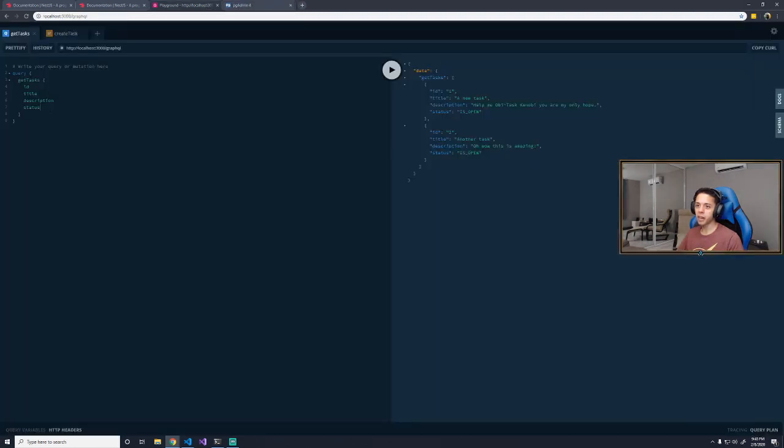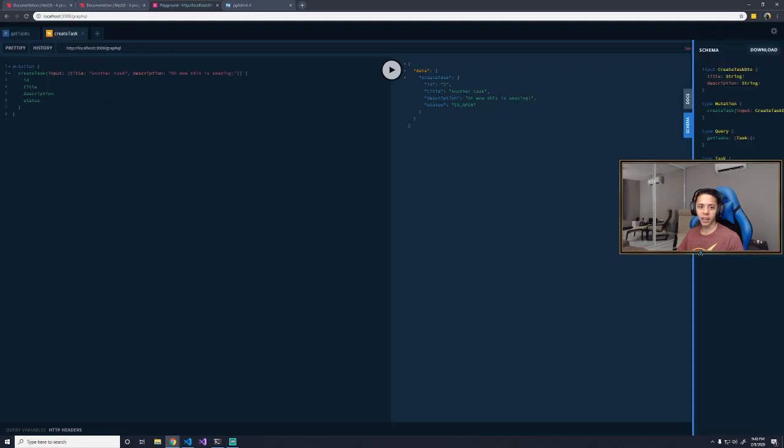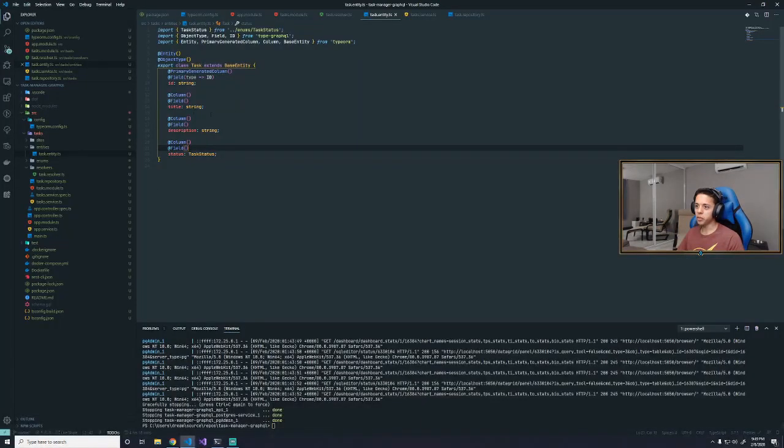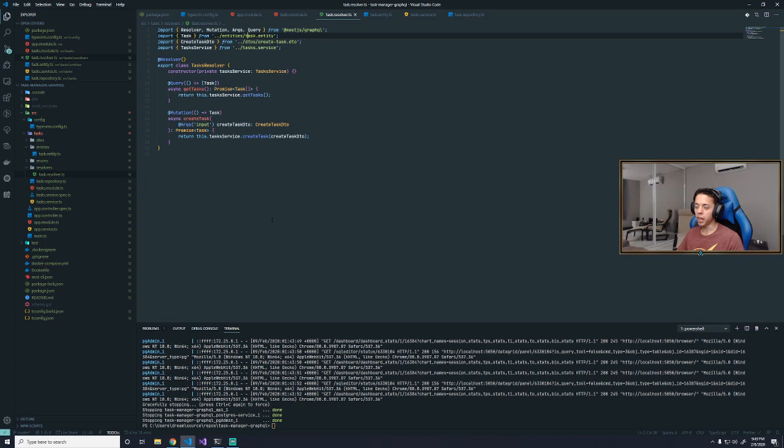I really dig GraphQL. I think it's much better than regular REST APIs. I don't know. I dig this whole creating mutations and queries and whatnot, and just getting stuff done. I don't really care for REST APIs. I mean, look how easy this was. It was just creating a resolver, and bam, it did all the things, and then just create a service